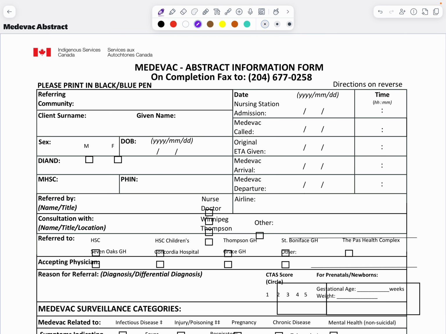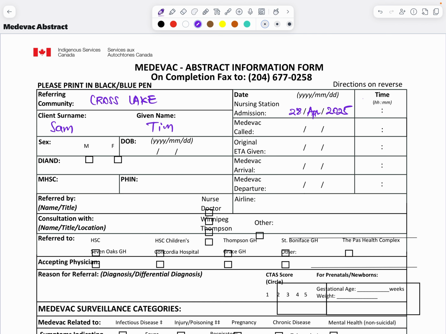So the referring community, let's assume we're in Cross Lake. So I will put here Cross Lake. All right. The client's name is Mr. Sam. So Sam, and let's call him Tim. All right. The date this is happening, let's say it is for nursing station admission. Let's say they were admitted today, which is the 28th of April, all right,